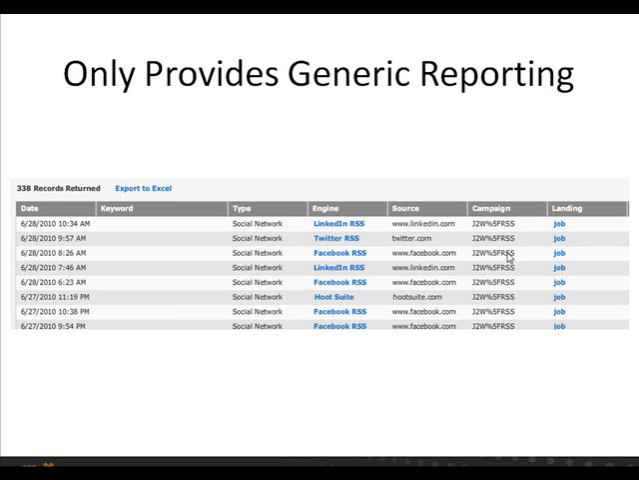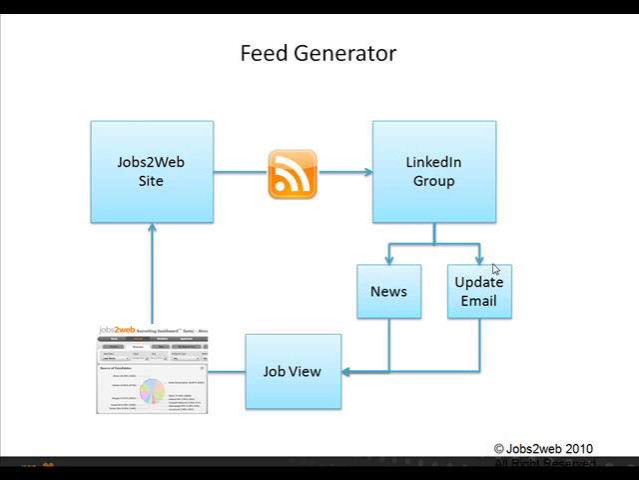So in the new RSS feed generator on the back end of the recruiting dashboard, you can now create feeds that have embedded campaign codes in them, so that as you're wiring them into your different social channels, you'll be able to keep track of exactly which LinkedIn group, Twitter account, or Facebook account people are coming from. So the way, again, this works is the jobs come into your Jobs2web site. You can use the new feed generator to create a strategic feed with embedded link codes